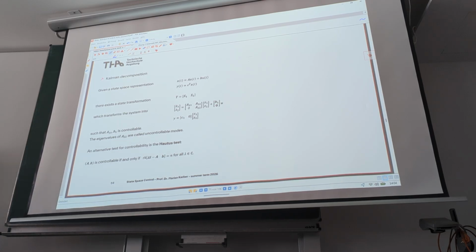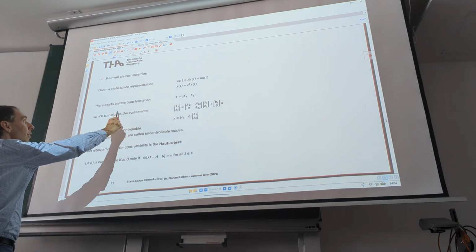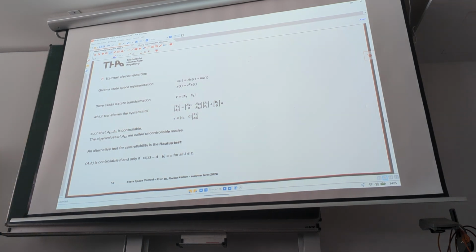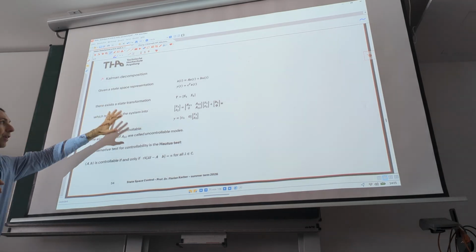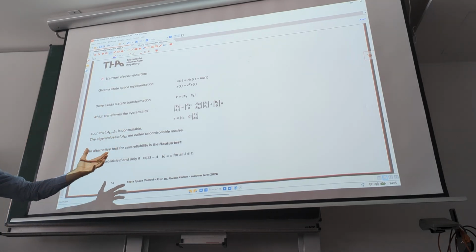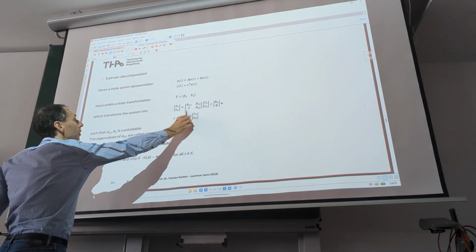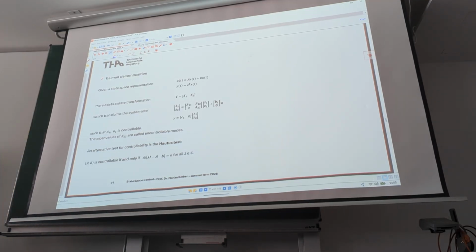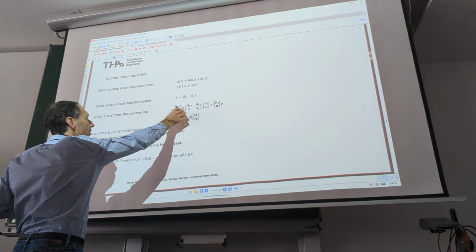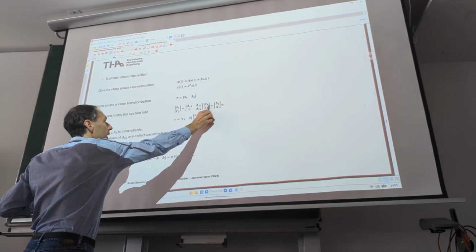So if we have our state space representation, then we know that there exists a state transformation which can bring the system into a specific form, for example the controllability canonical form, the observability canonical form, and so on. We have identified 4 canonical forms. Now suppose we can find a transformation that brings the system into this type of form, where we have basically a state decoupling, where we have one part of the state space Z1, which is influenced by the input, and an autonomous part